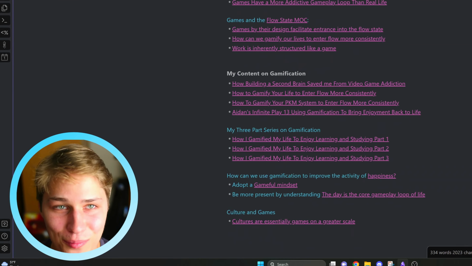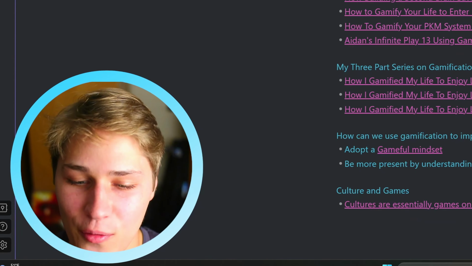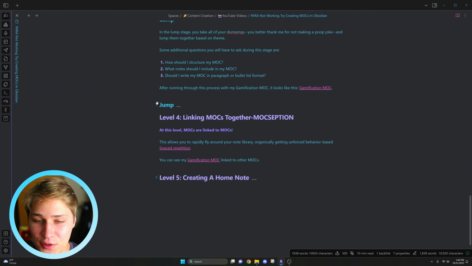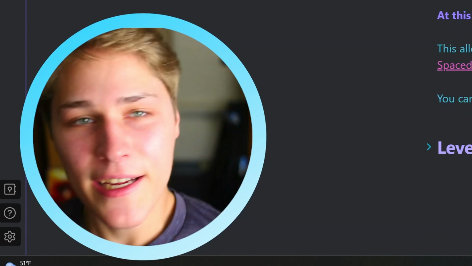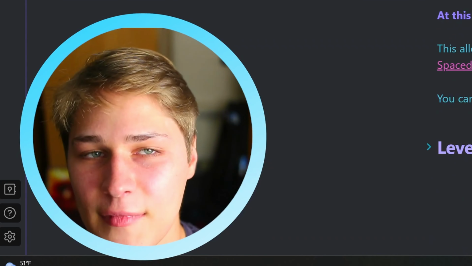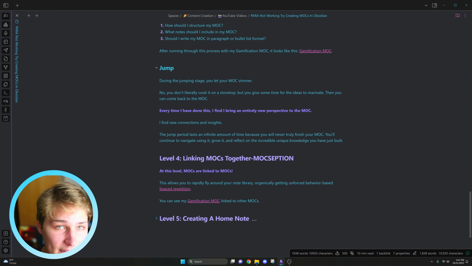I'm ranting. But point is that your mock will look so much better once you go through this process. Then the third step is jump, which is where you jump like a kangaroo. I'm sorry, I had to make that joke. You let your mock simmer. No, you don't literally cook it on the stovetop, although I do love cooking, but you do give it some time to marinate. And then you come back to the mock later on, which is something that actually works with the way our brain works,